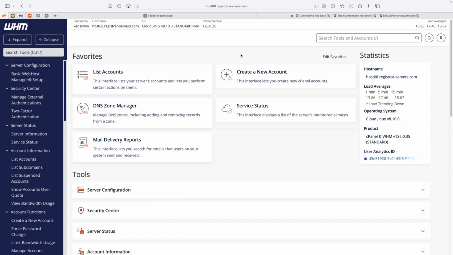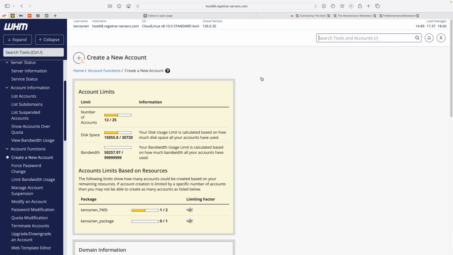So first thing you need to do is find your hosting account's dashboard. This is usually called cPanel. You can find it in the link from your welcome email from your hosting provider, possibly Namecheap. So this is me. I'm logged into my WHM cPanel. So what we're looking for is create a new account or add domain or something along those lines. So we'll go ahead and create a new account for our domain,